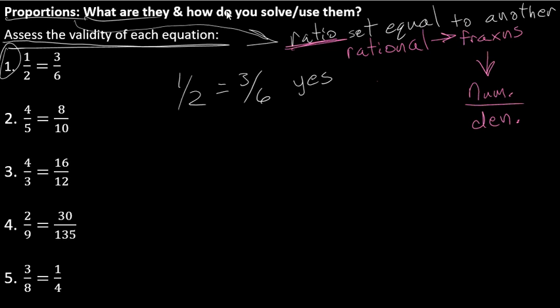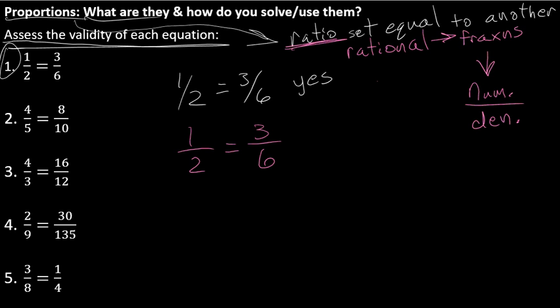So this top number is your numerator, the bottom number is your denominator. The fraction 1/2 is a representation of the ratio of 1 to 2, just like 3 is to 6. Anyway, I digress. The other way to tell that a proportion is valid